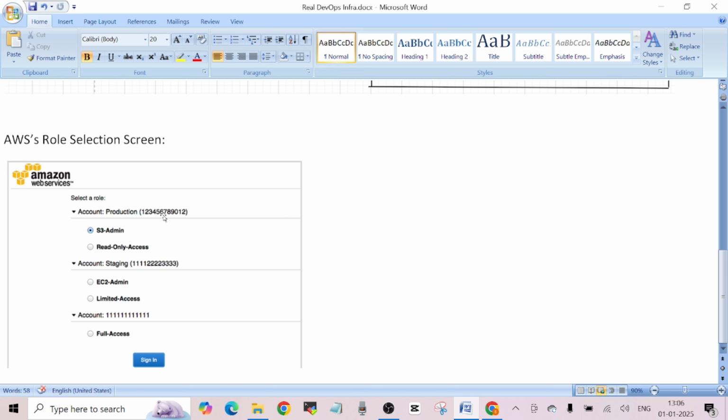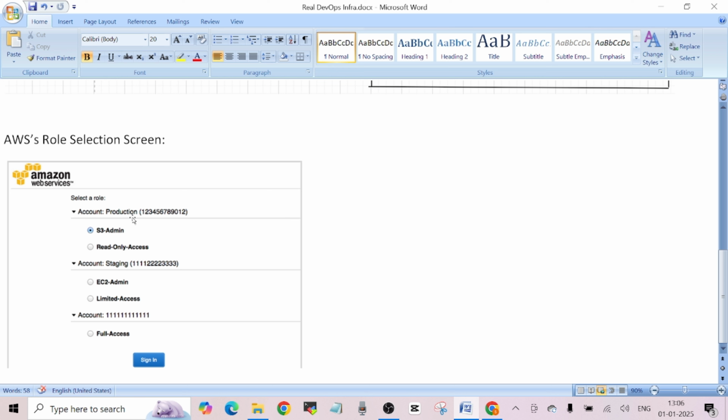Within each account you have roles assigned to you. In this account, you just have this one role assigned to your profile. In another account, you have these two roles, and in production, you have these two roles